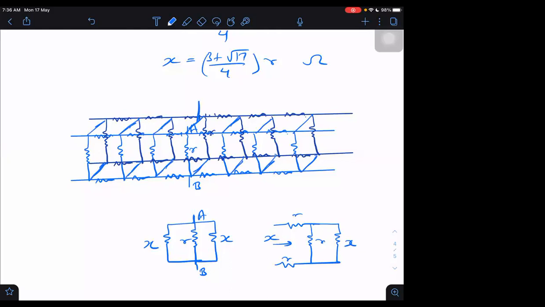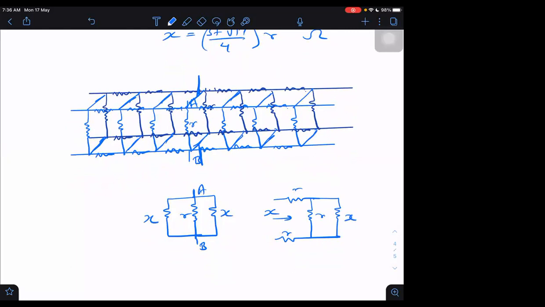Can you get the answer now, between A and B? Sir, symmetry applied. Now it is nothing but this entire structure we have connected again in parallel, once more in parallel. So whatever resistance I had obtained last time, this resistance will be half of that. Yes, backside one more will appear like this. So it will become half of that, because this will be this entire structure in parallel with identical entire structure. These are all connected like this, so all these corresponding points here, we are having identical points only.